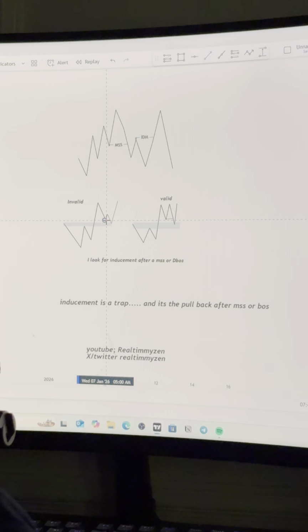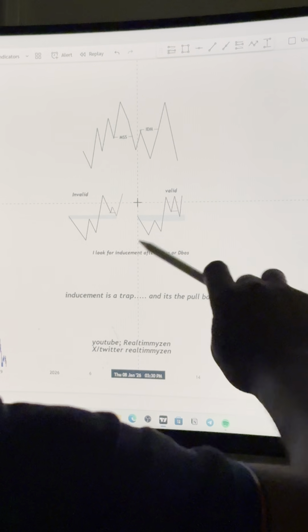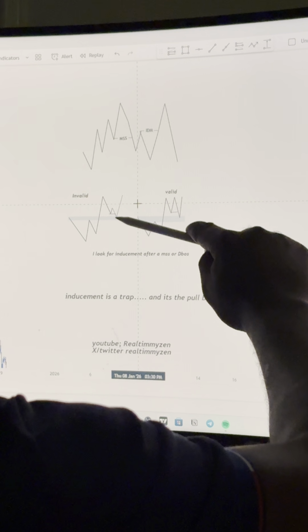Now guys, this is an invalid inducement. Why? Because this inducement is not up to 50%. See, there are some cases where the market will give you something like this, and it is going to buy. You see, if you discipline yourself, even though you know that okay, this market might buy, if you are not even using the secret inducement method,